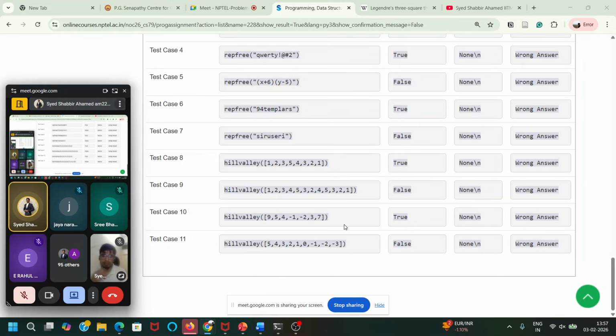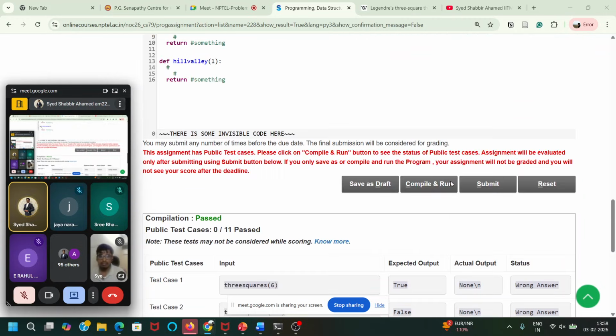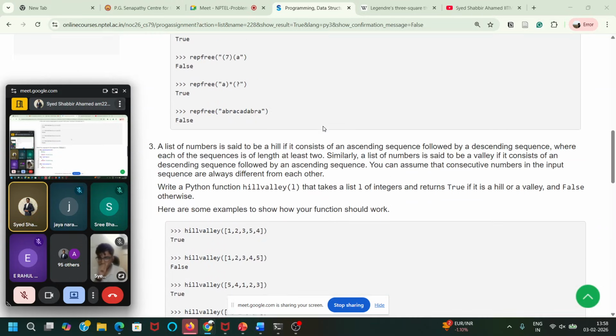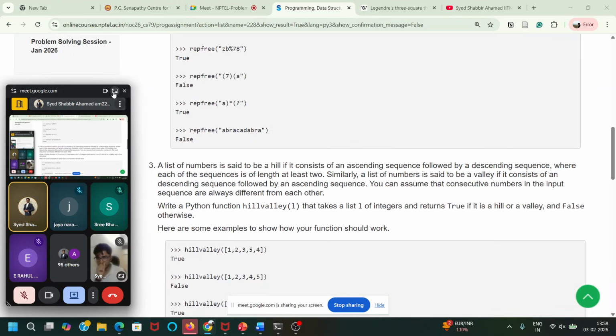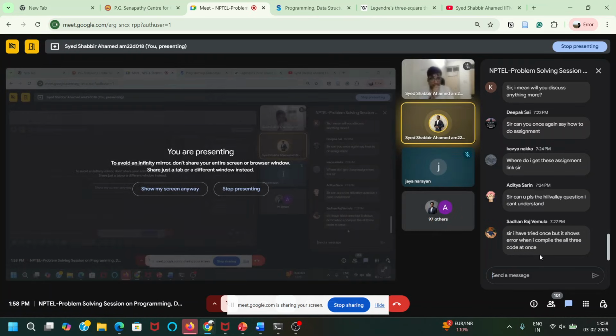Beyond this, there are also some hidden test cases which they will run. You cannot see those test cases; those are private test cases. If all three functions are able to satisfy all those test cases, public and private, then you will be graded accordingly. So that is how you have to do it.